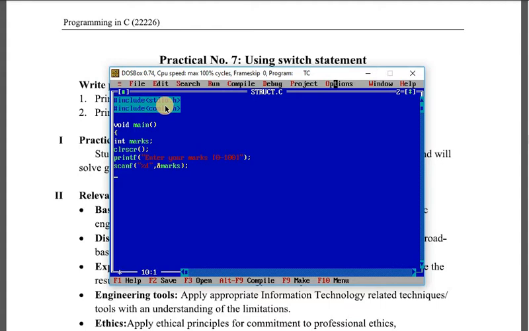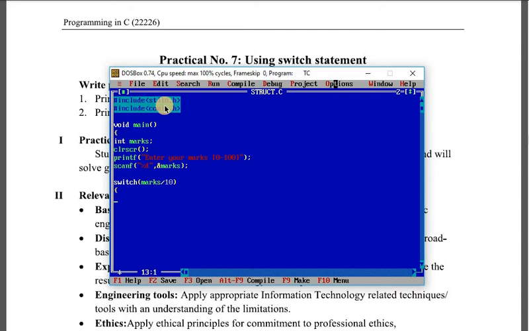Now we can write the switch statement, that is switch. Here in the expression, the marks will be like 80%, 75%, 60%, but we can't write this many cases, so here we should write the expression marks divided by 10. So we can get the value from 0 to 10. After that, the opening curly bracket of the switch.